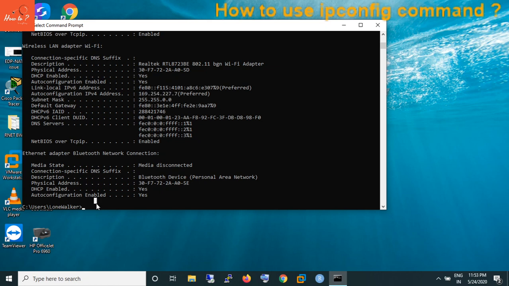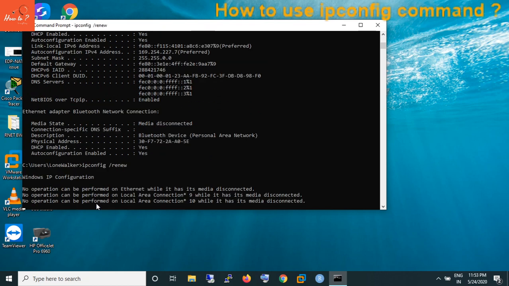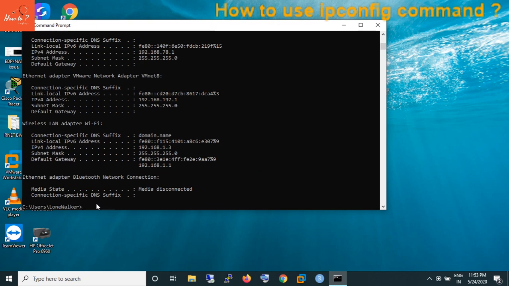Now if we want to get back the IP addresses on the adapters, we'll use the renew switch. So renew. We have to wait because this takes some time. Now you can see that all the IP addresses are renewed.